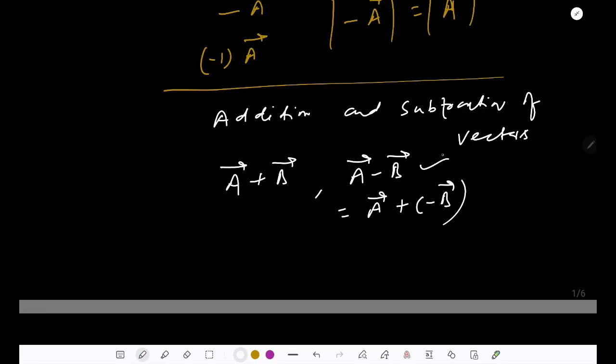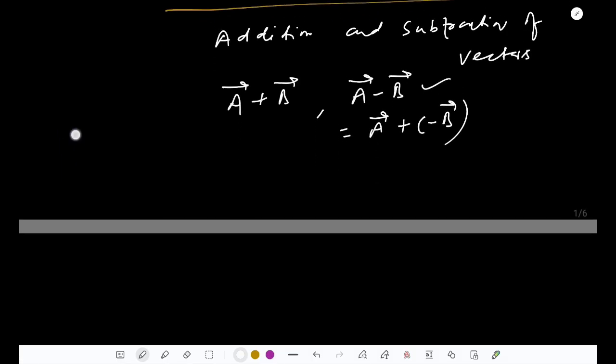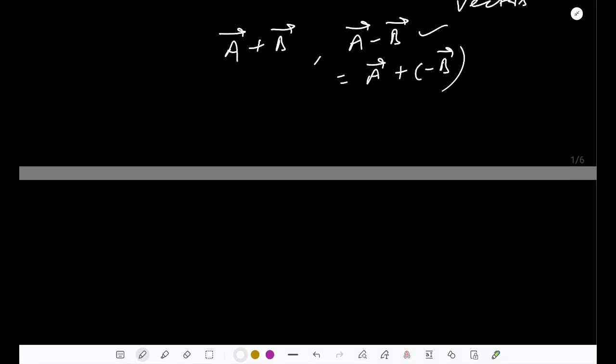But this thing, by tradition, by habit, must be taught and works like a subtraction procedure. So, to do vector addition, we